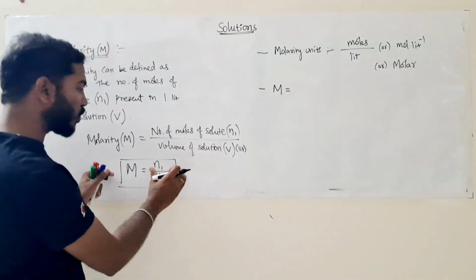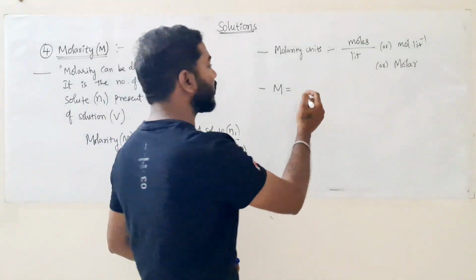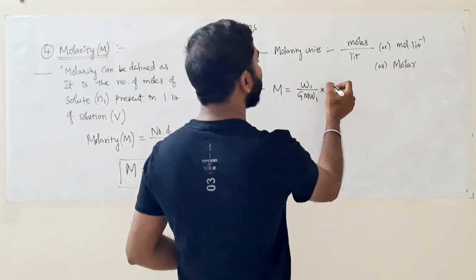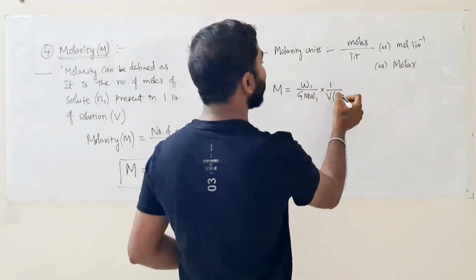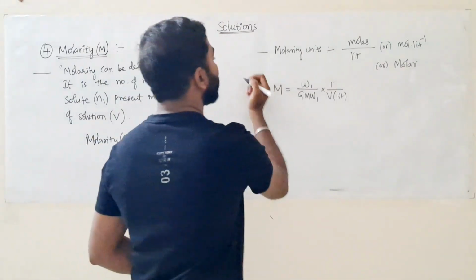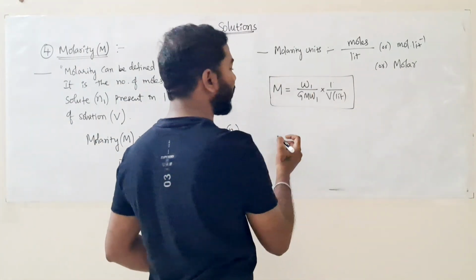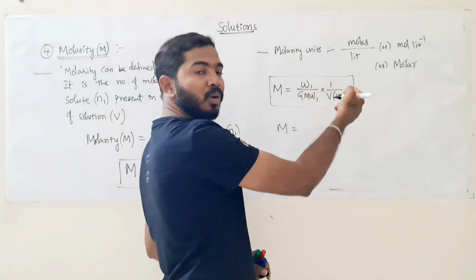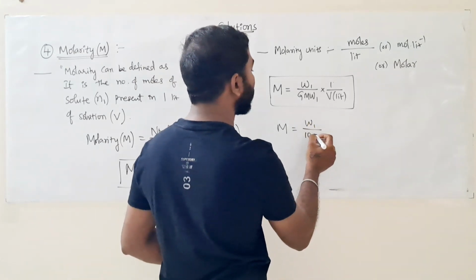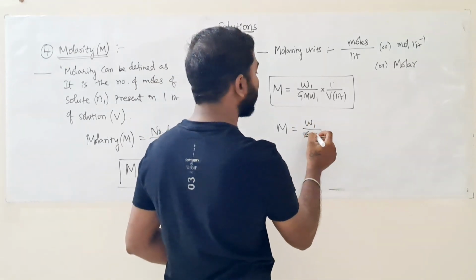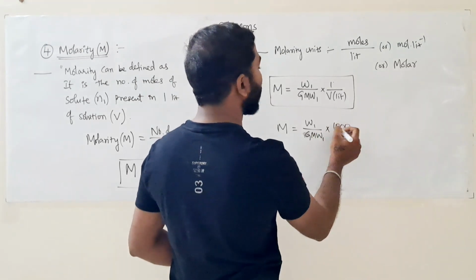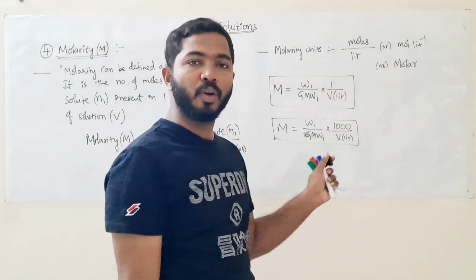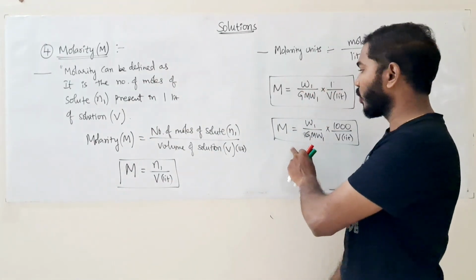Next let us take this equation to the next level. In place of this N1, that is number of moles, we can write weight by gram molecular weight into 1 by volume in liter. This is also an important equation to solve the problems. If we convert liters to milliliters, then we get 1000 in the numerator. So this is gram molecular weight into 1000 by volume in milliliters. Very important. This is the equation we are going to use to solve the maximum number of questions